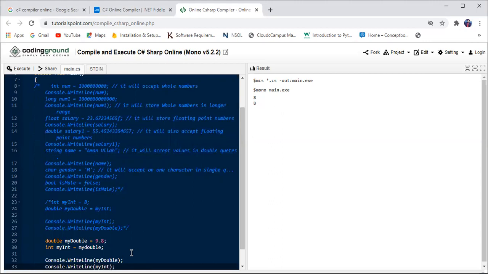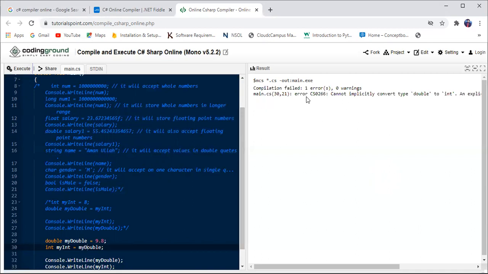Now let's run our program. You can see there is an error because the name myDouble does not exist in the current context. Oh, sorry, myDouble. Okay, now run it.